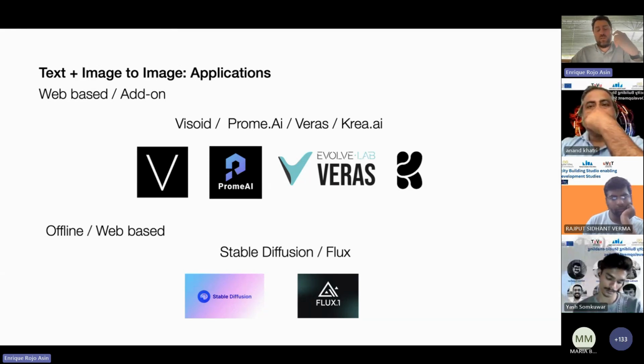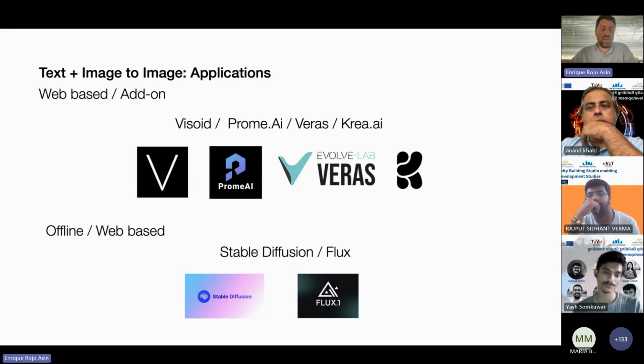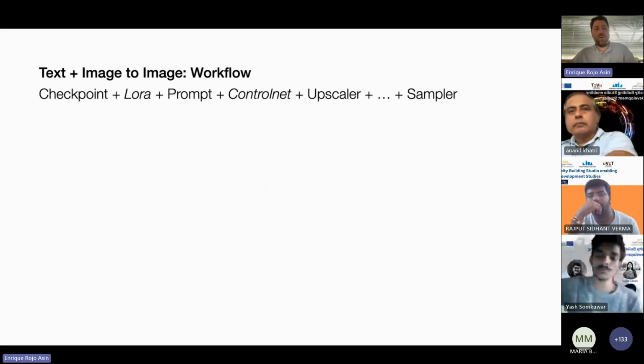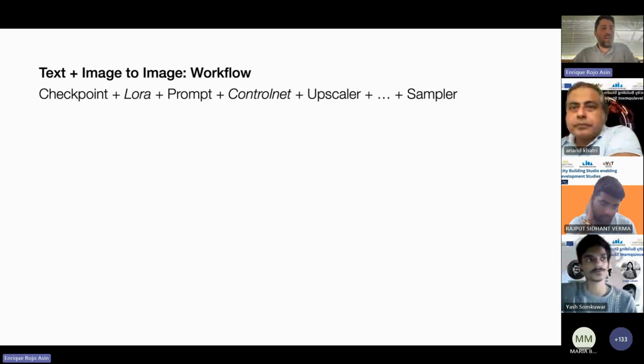And that's why for these offline applications that are installed in your computer, I think you need to have in mind that maybe this kind of option is only for professionals or for groups of university that try to investigate some things on this topic, but maybe not for everyone. Okay. So as I said, when we had the original workflow, we had the checkpoint, the prompt, and the sampler, but now we are introducing more elements.